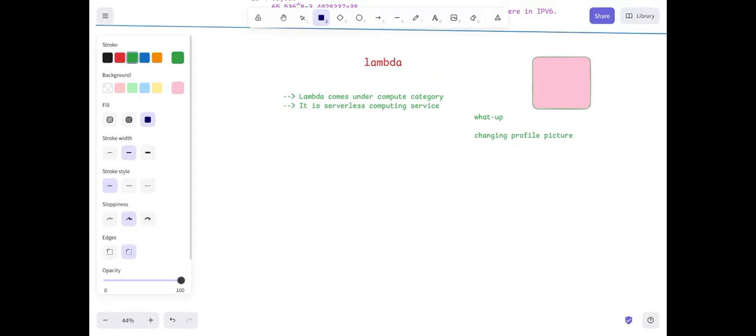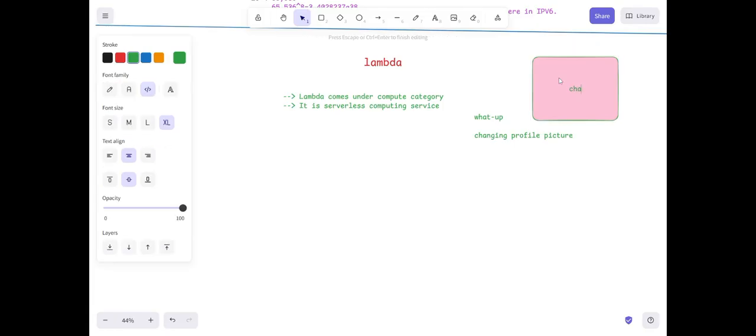Assume this is my server. In that, the changing profile picture code is there. So the changing profile picture code is running in this particular server.